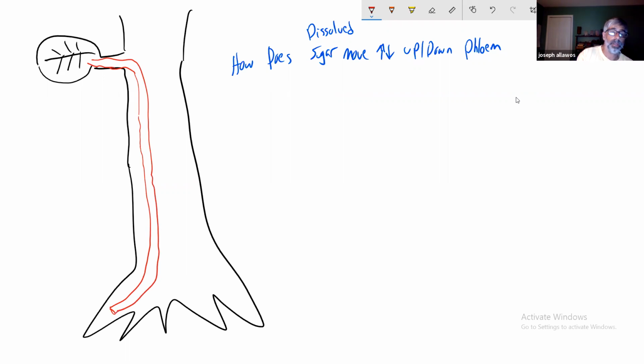Okay. How does the sugar water move? The theory is called the pressure flow hypothesis. And here's what it says. Now, remember, phloem is alive. We can use energy now because phloem is alive. Here's what it says. The pressure flow hypothesis says that the sugar